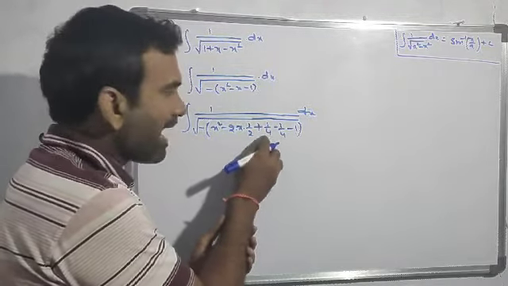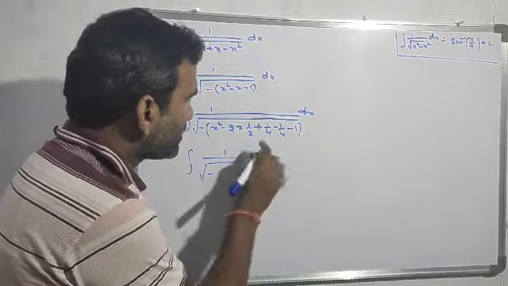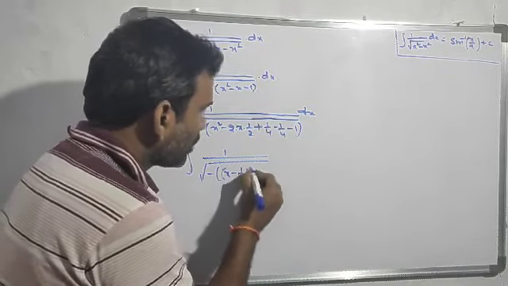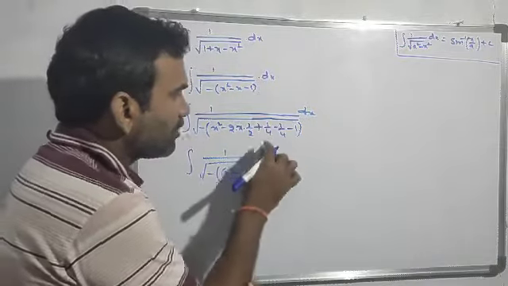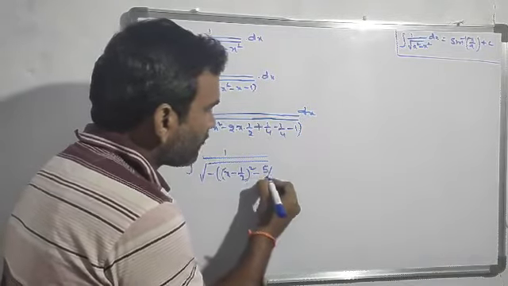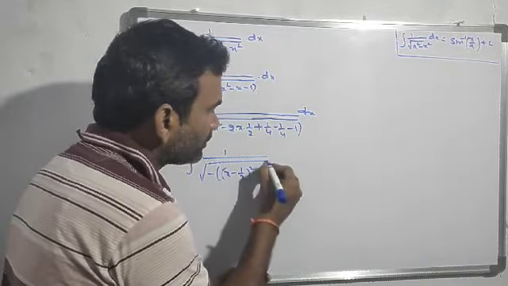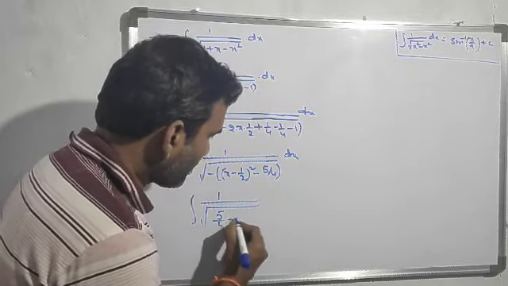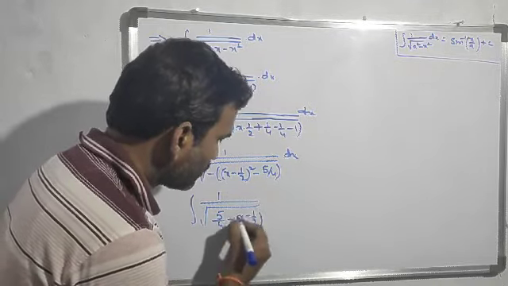Now you can write minus of up to these three terms. I can write minus of x minus 1 by 2 whole square, minus 5 by 4, minus 1 by 4, minus 1 is minus 5 by 4. So if you multiply by minus in the square root, minus of minus becomes plus 5 by 4 minus x minus 1 by 2 whole square into dx.